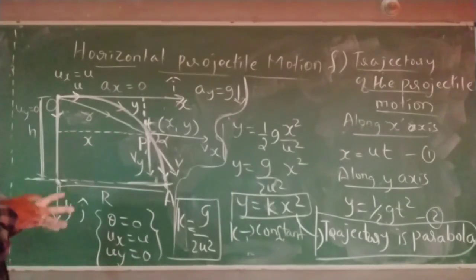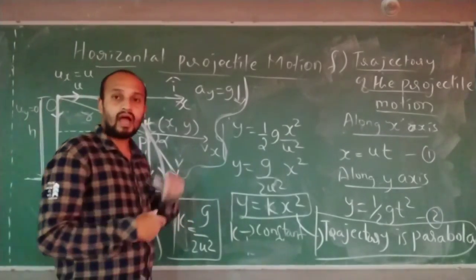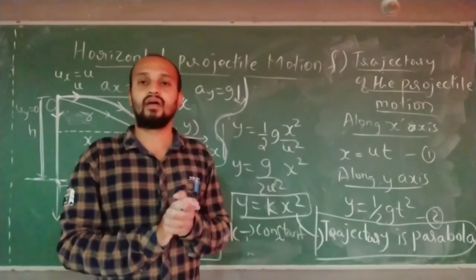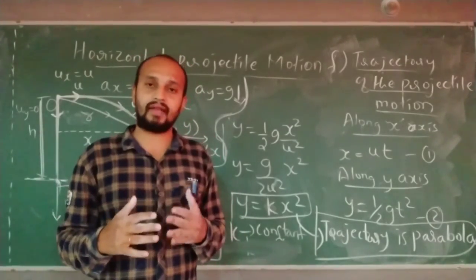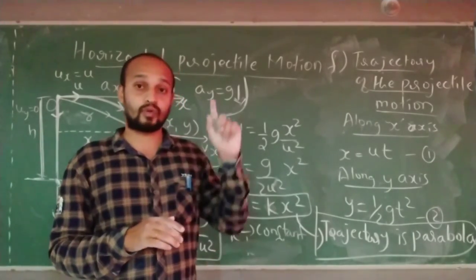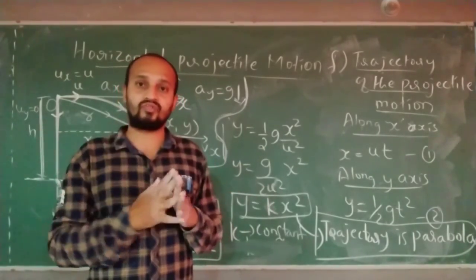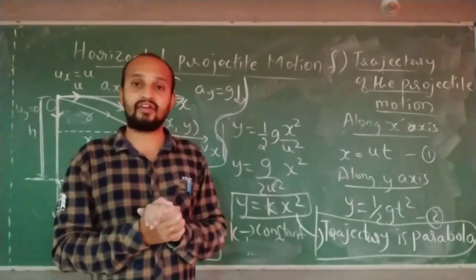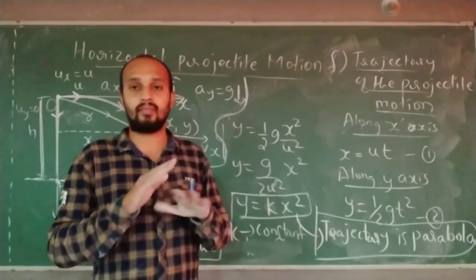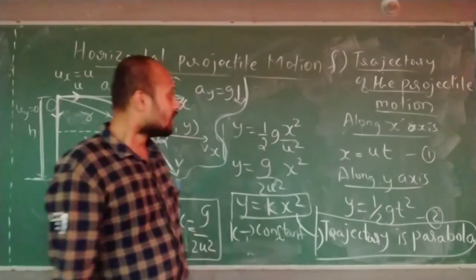We will take some 3 or 4 numericals in the next class, and I will take inclined projectile motion. After that, try to solve more numericals on projectile motion. This completes projectile motion. Only 2 topics will remain: circular motion and relative velocity in vectors. If I finish that, the motion in a plane topic will be finished. Got it now?